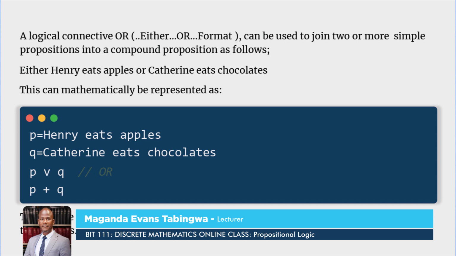Now mathematically, we can represent it as P plus Q. Because remember we said that you can represent simple propositions using propositional variables. And in this case we have propositional variables P and Q. So we can now represent the statement either Henry eats apples or Catherine eats chocolates using variable statement P plus Q, or P disjunction Q, as represented there. Now, after you get the complex statement or the compound proposition,